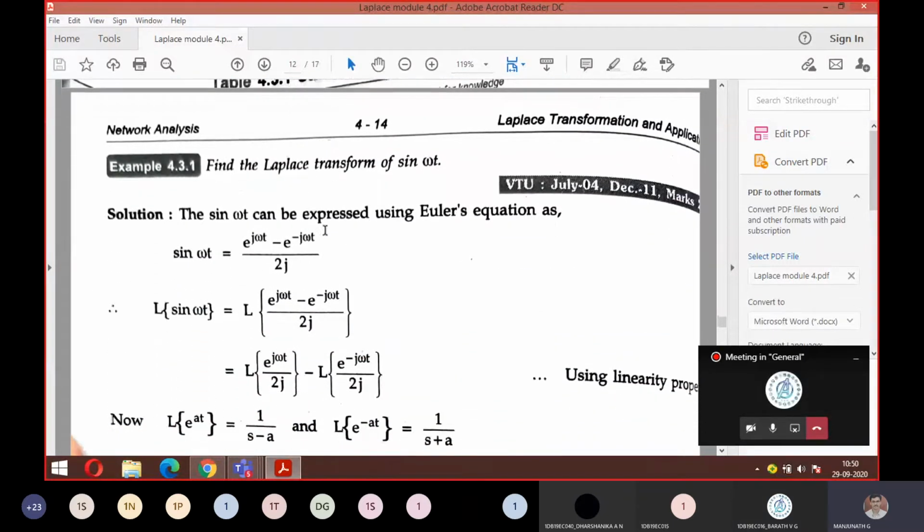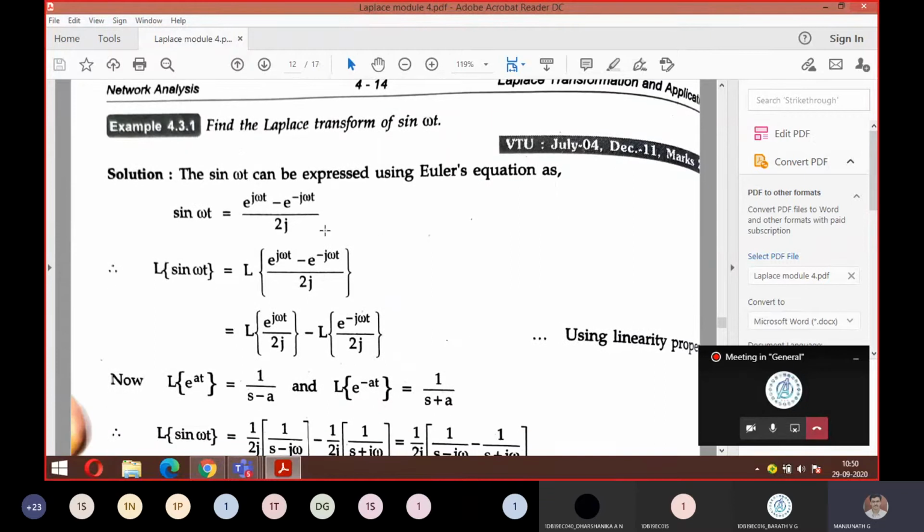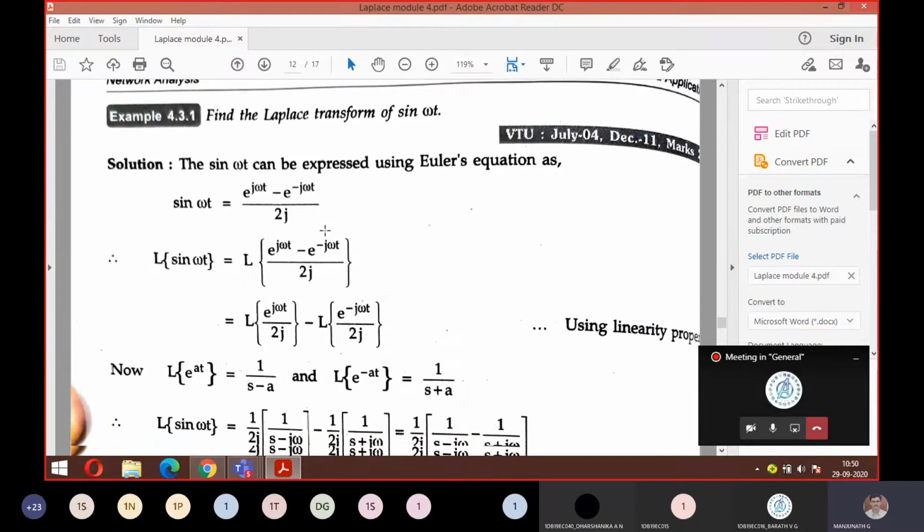We already did the sin omega t concept. Using the linearity property, it is the same thing, just one step extra, that's all. Remaining all the same. So I'll just explain this one problem and the remaining you can solve the same way. How we solved it earlier is also correct, but directly we can also get it using the property. Using the linearity property, you can just write the things. So let's summarize this. So the question is,